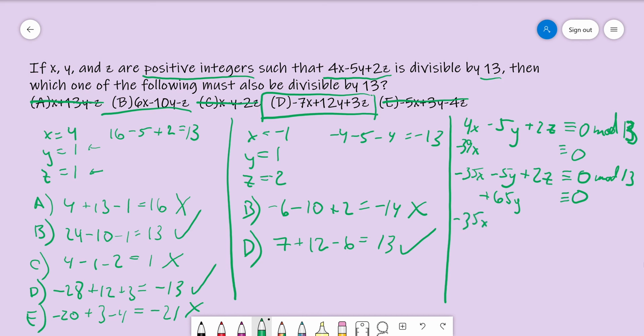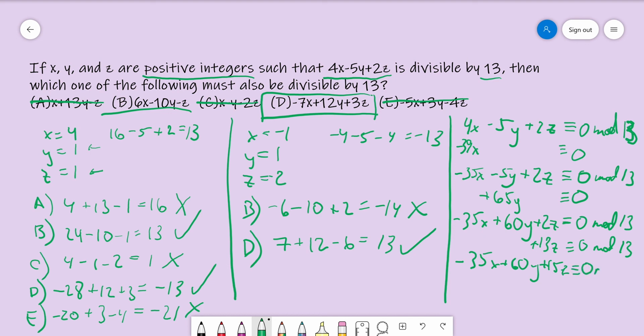Then you get negative 35x, 65 minus 5, that's positive 60y, plus 2z is equal to 0 mod 13. And then if you add 13z, mod 13, then you get negative 35x plus 60y plus 15z is equal to 0 mod 13. And then if you divide the whole thing by 5, then you get negative 7x plus 12y plus 3z is equal to 0 mod 13, which means that this expression is a multiple of 13, and that proves that